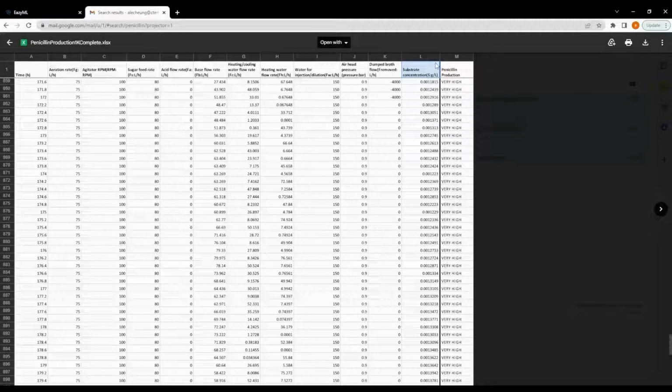In order for optimal yield of penicillin, the operating conditions have to be set at the right thresholds. But what are those thresholds? Let's find out.